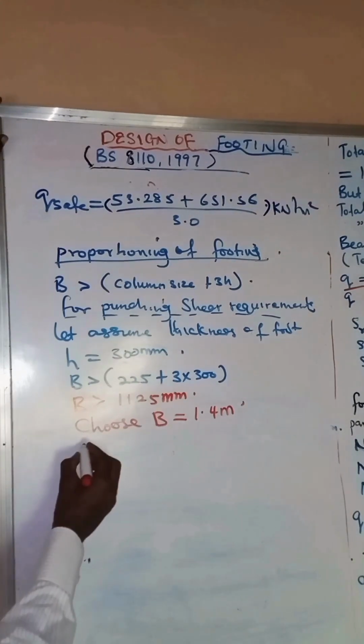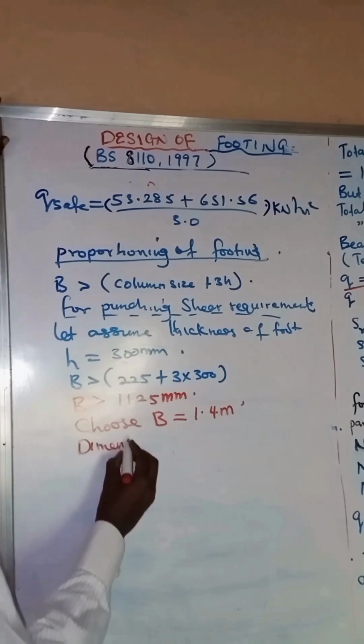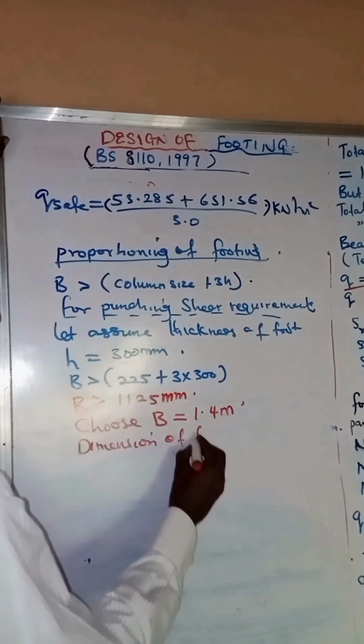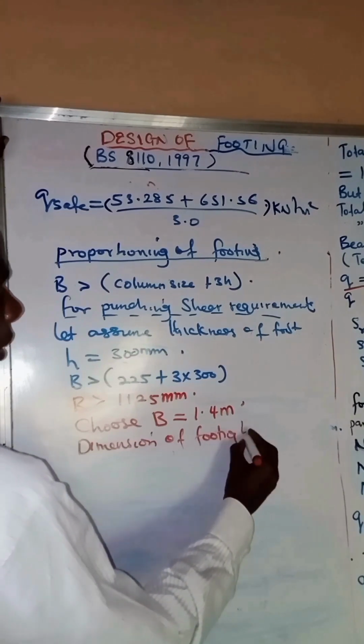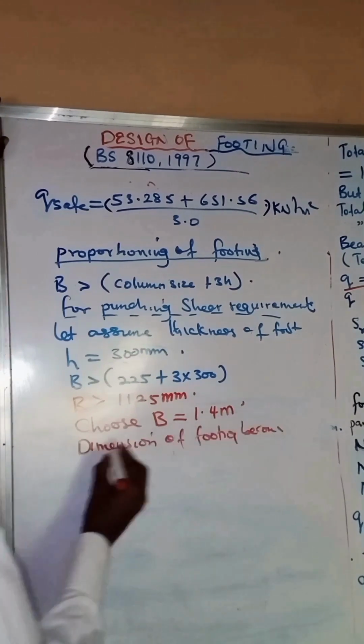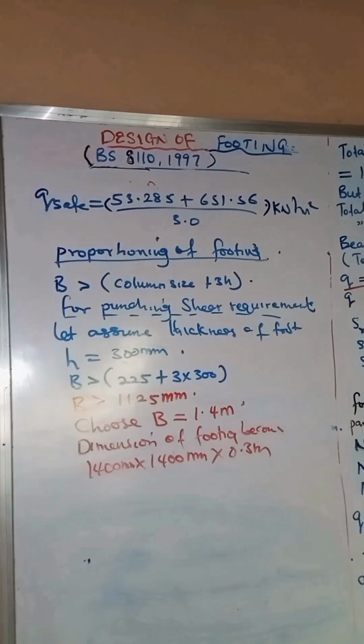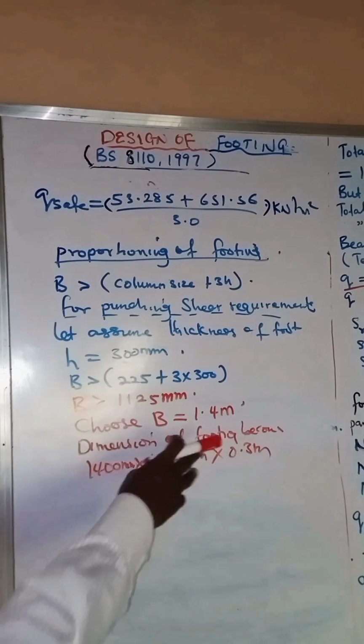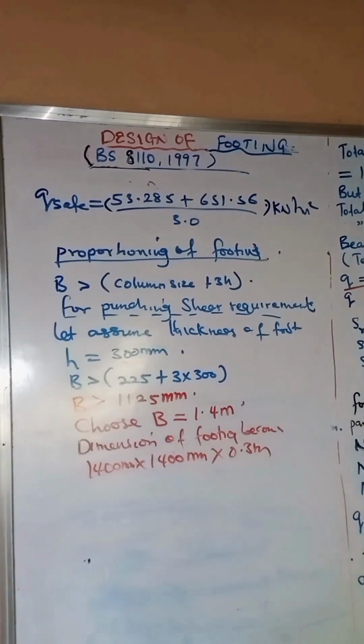It means that the dimension of footing becomes 1,400 mm by 1,400 mm by 0.3 meter depth. Now we have chosen this footing, but we are not going to stop here. The next stage, having chosen this footing, is to check for the stability requirement. Now for the stability requirement, we know that the total stress due to service load from gravity